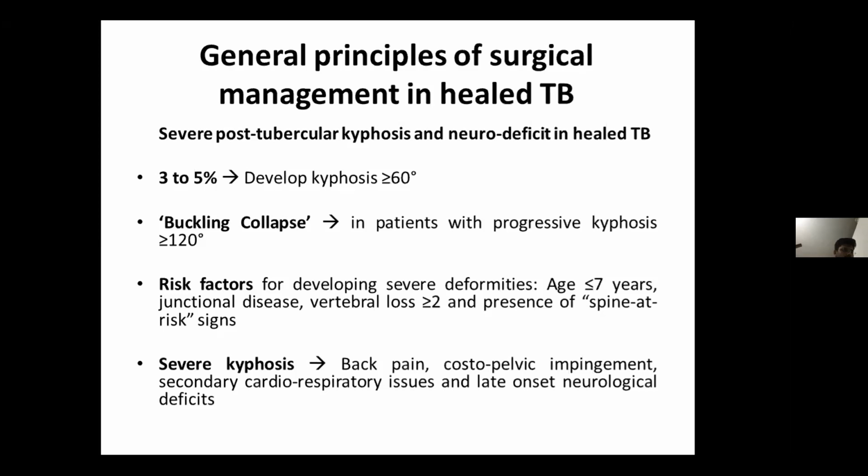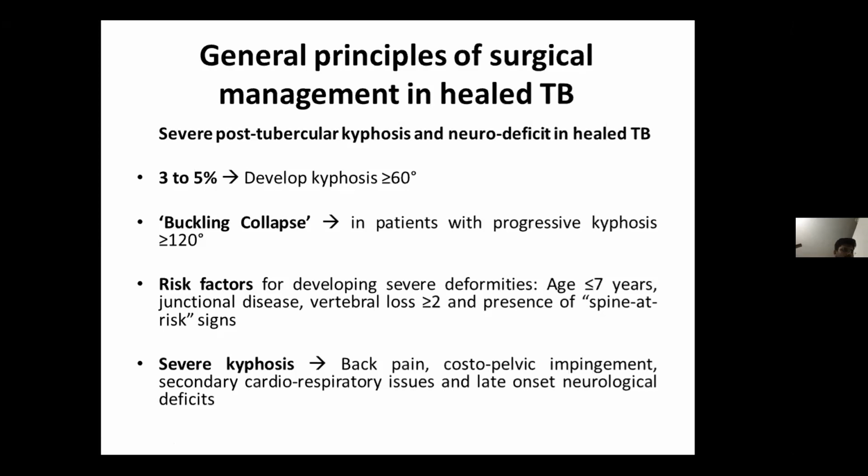Buckling collapse is described as it's seen in patients who tend to have progressive kyphosis. When they develop a deformity of more than 120 degrees, they develop the buckling collapse. In such patients, they have severe back pain, and they start developing costopelvic impingement. And secondary to such a huge deformity, they have cardiorespiratory issues, gastrointestinal issues, and they can develop a late